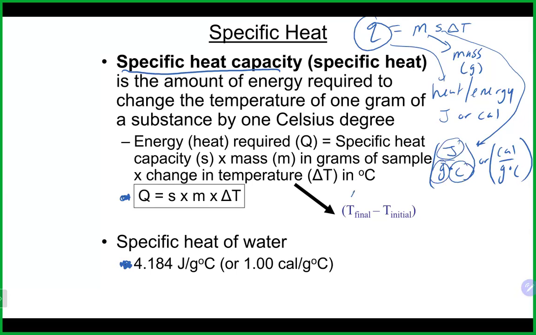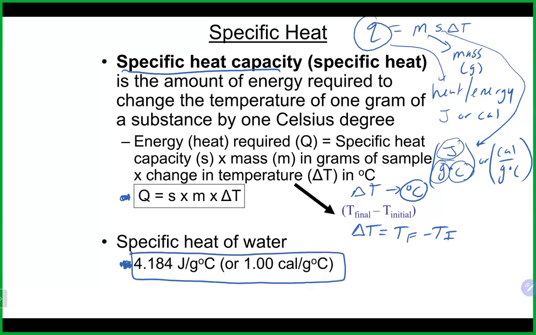And lastly, our change in temperature is in degrees Celsius. This is one of the few equations in chemistry where you do not change the temperature to Kelvin. You actually leave it in Celsius, because our specific heat capacities are typically in Celsius. So it is really important. Also really important is the change in temperature: make sure that you always do final minus initial. So it's always important to do the final temperature minus the initial temperature when you calculate the change in temperature. The specific heat capacity for liquid water is 4.184 joules per gram per degree Celsius, or 1